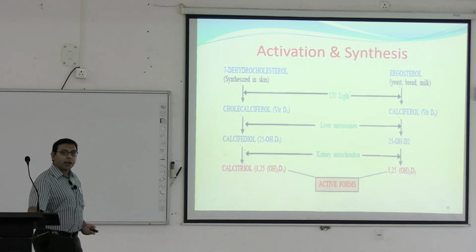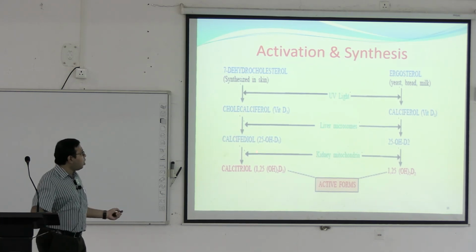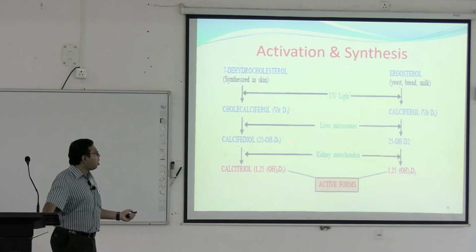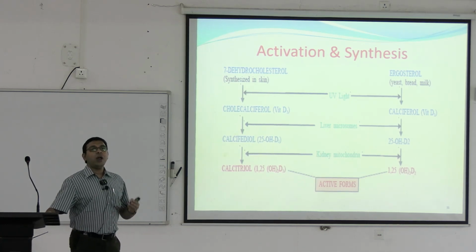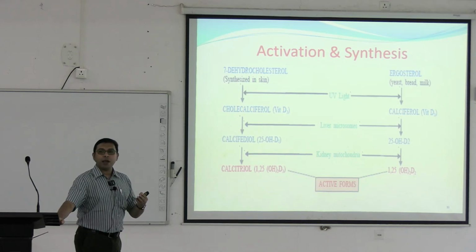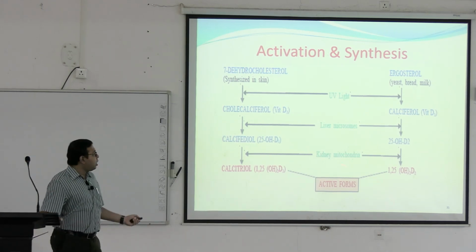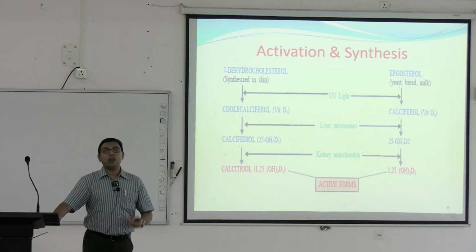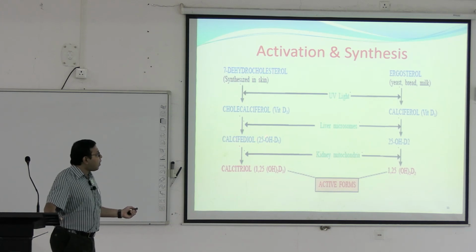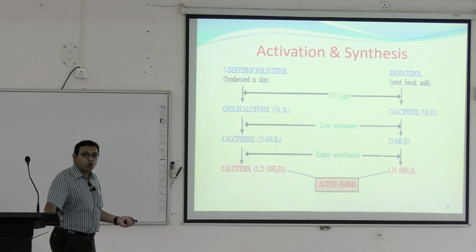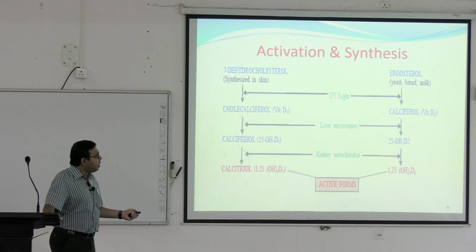Within the liver there are liver microsomes, and these convert cholecalciferol to 25-hydroxy cholecalciferol, or 25-hydroxy vitamin D3, by causing the 25 hydroxylation. So 25 hydroxylation occurs within the liver microsomes. Then it comes through the blood again to the kidney. Within the kidney mitochondria, another hydroxylation happens, 1 hydroxylation. So ultimately this calcifediol, or 25-hydroxy vitamin D3, is converted to 1,25-dihydroxy vitamin D3, also known as calcitriol, in the kidney mitochondria.